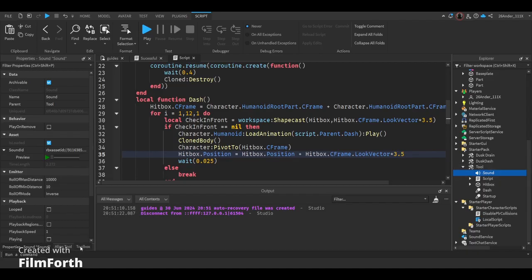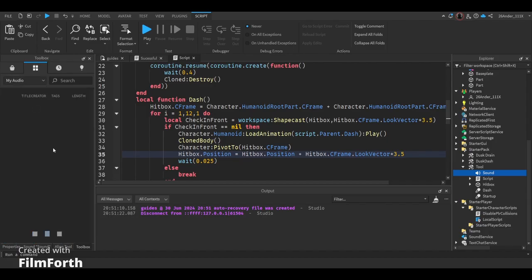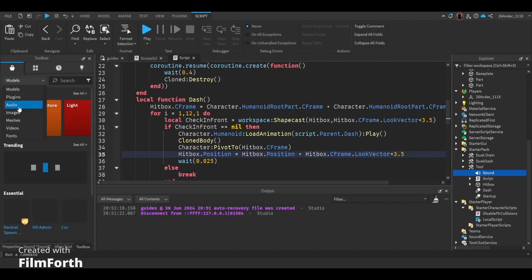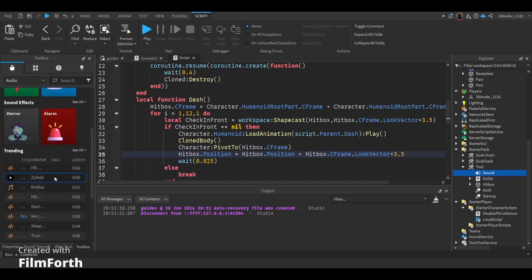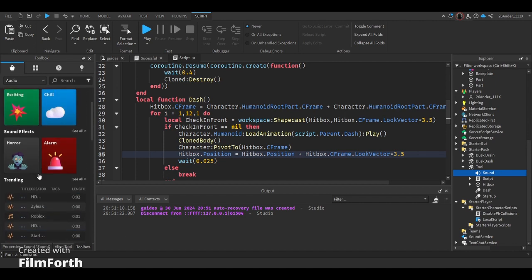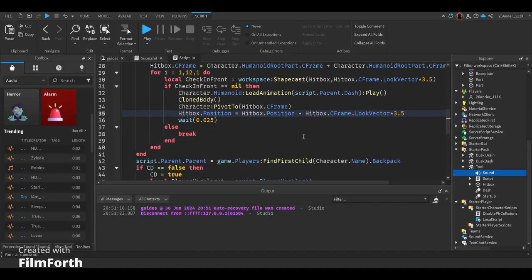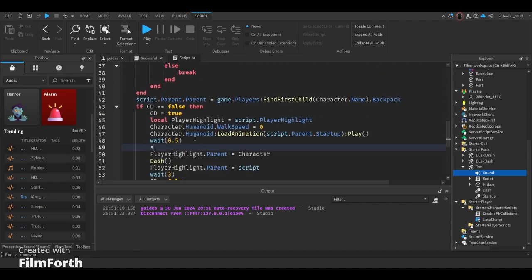If you wonder where I got the sound, just go here, go look in the audio section, and just scroll around. Oh, that's my audio. Even though it's really annoying to look for good audio in the toolbox, a lot of the toolbox noises, especially the energy sounding ones, you can find them here in the toolbox. It makes it really easy. So once our actual dash starts,